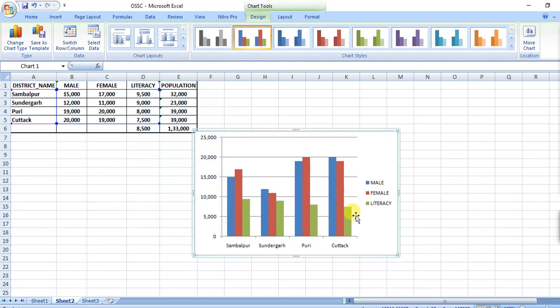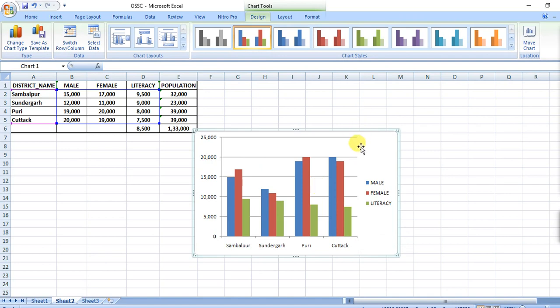So these are the districts. Okay, blue is male, female, and it's literacy. Fine.